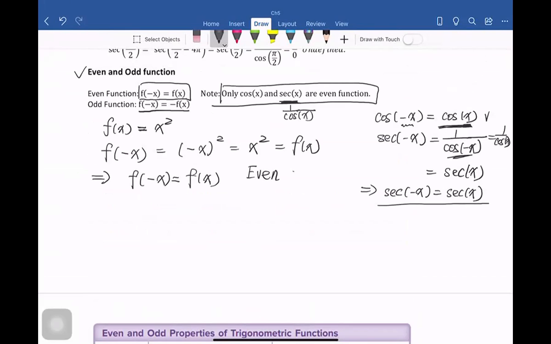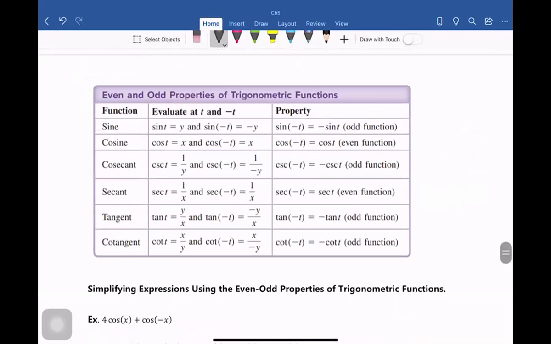Maybe you just go back to see that those four trig functions are all odd functions, and only cosine and secant x are even functions. Okay, let's see the table here that shows you that